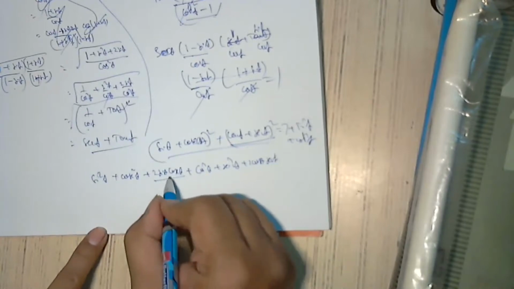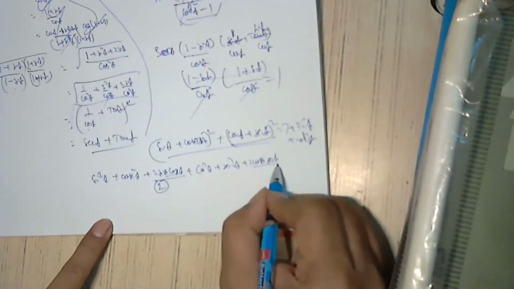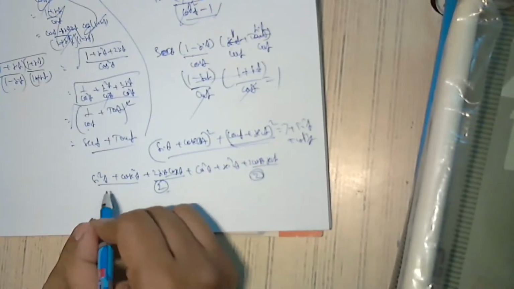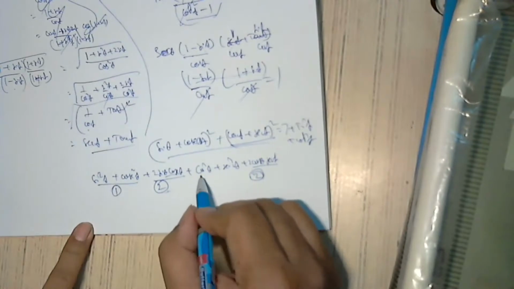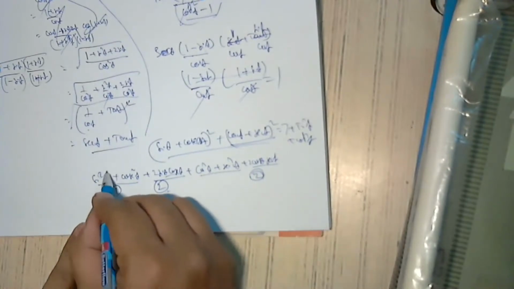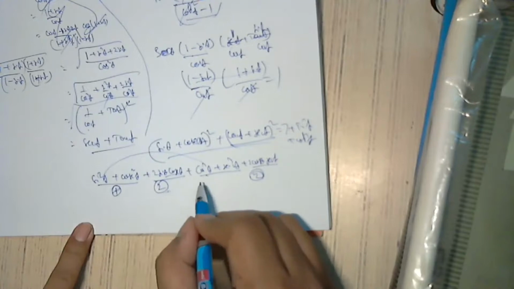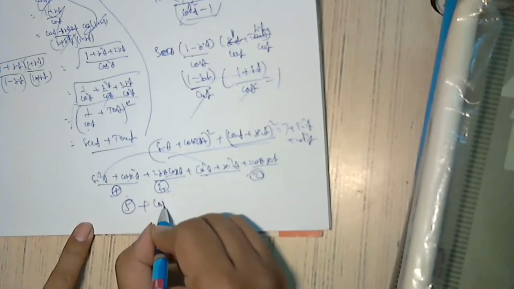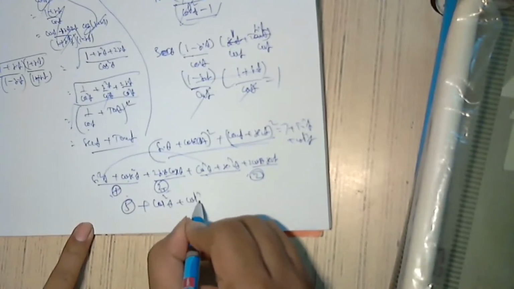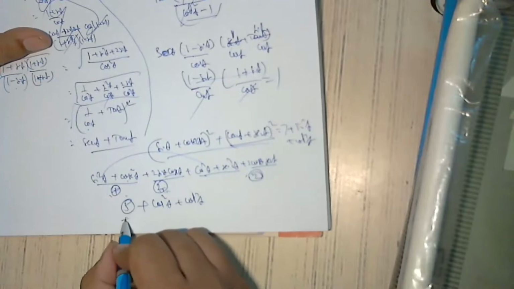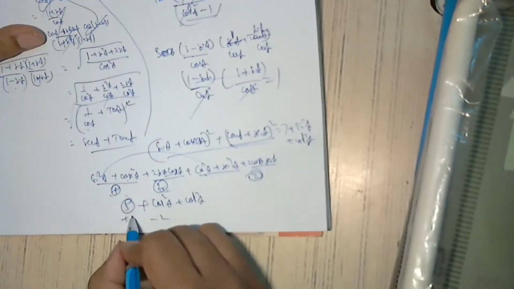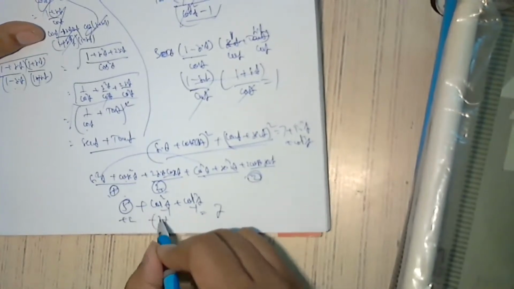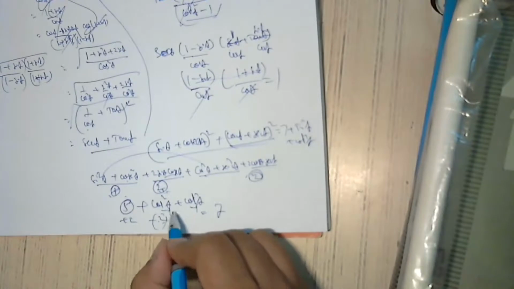So sin A cosecant A is 1. So this becomes 2. Cos A secant A is 1. This becomes 2. So this becomes 4. Sin square A plus cos square A is equal to 1. So I have 4 plus 1, 5. 5 plus cosecant square A plus secant square A. So I am putting plus 2 and minus 2. So 5 plus 2, it became 7. So this is minus 1, this is minus 1. Minus 2 is adjusted between these two.